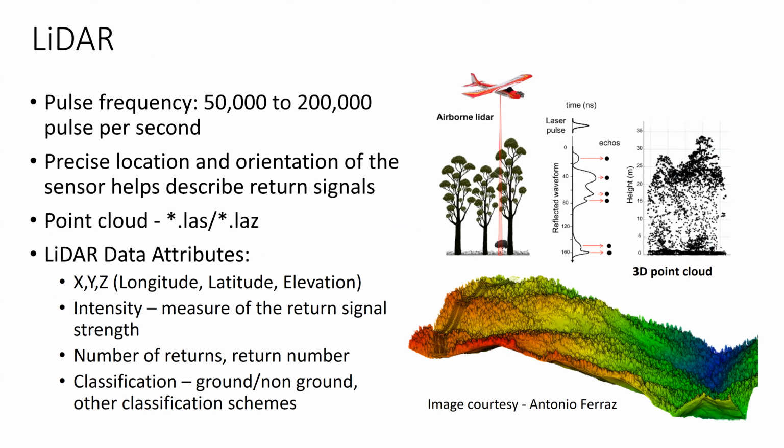So, to delve a little bit deeper into LiDAR, what is LiDAR? As I mentioned, I'll be focusing on airborne LiDAR. Airborne LiDAR sends laser pulses to the ground at the rate of about 50,000 to 200,000 pulses per second. And then it captures the intensity and the time it takes for these pulses to bounce back from features on the land. And using that information, basically using the intensity of the returns and also the precise location and the orientation of the aircraft, the system is able to generate a three-dimensional image of what is